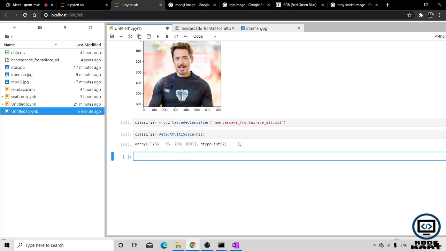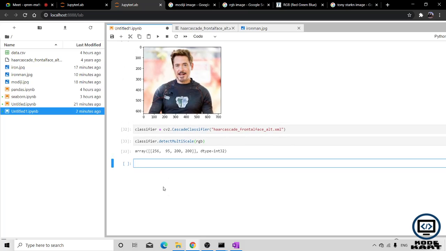So it is giving a particular array, and that array is going to show where the face is in the image. I want to crop that face from the full image.